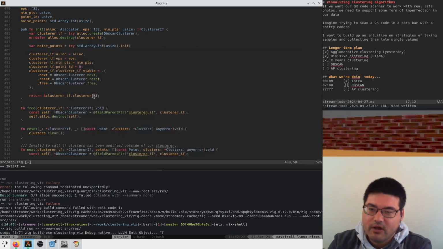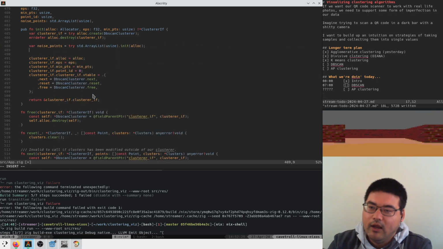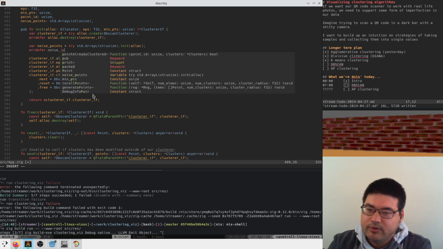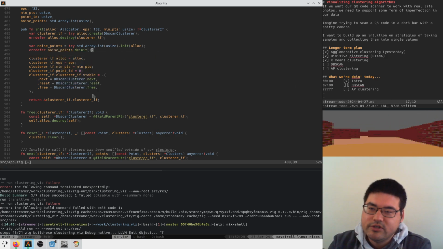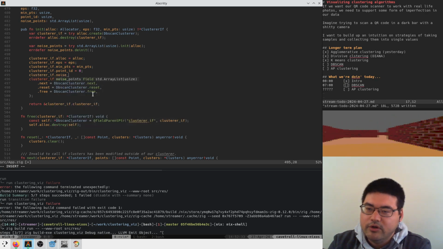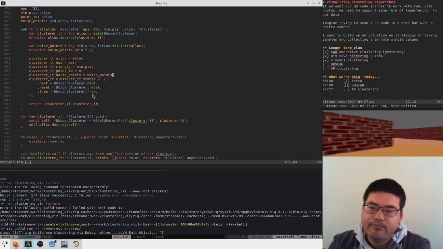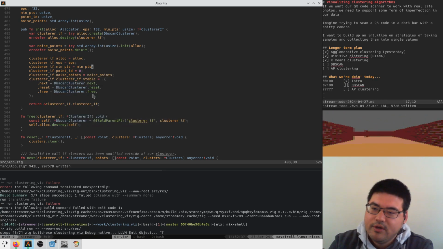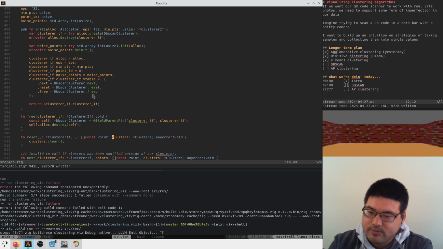We have to initialize this with our allocator. Errdefer noise points deinit, just in case. And then here we say clusterer noise points is equal to noise points. Boom. On reset, we clear the noise points,